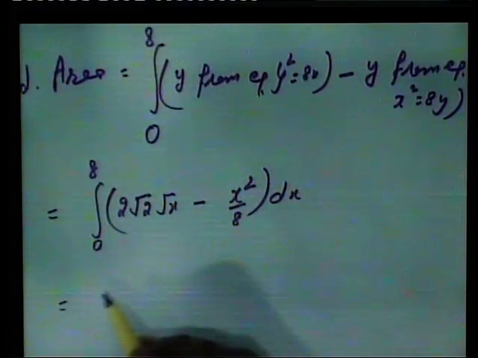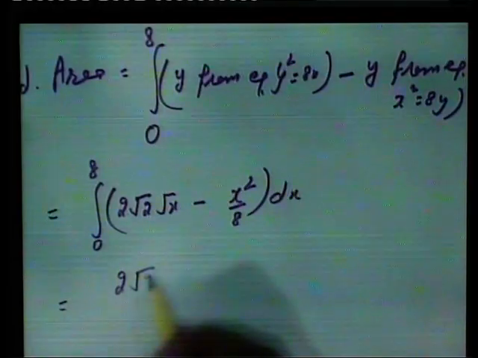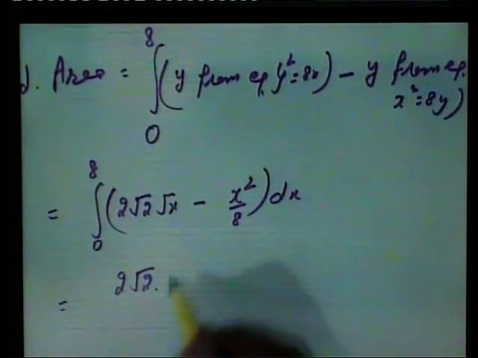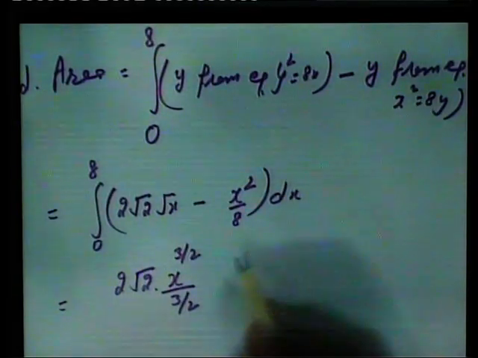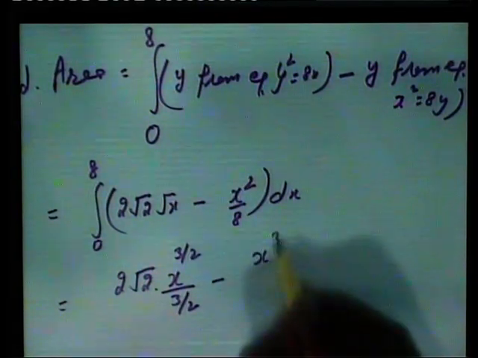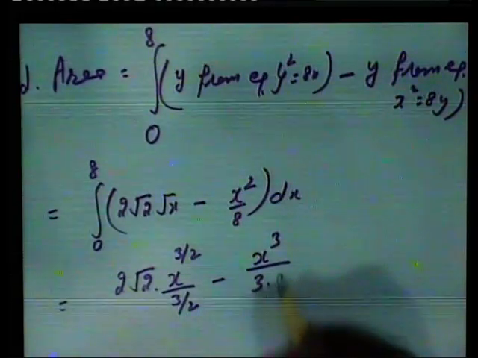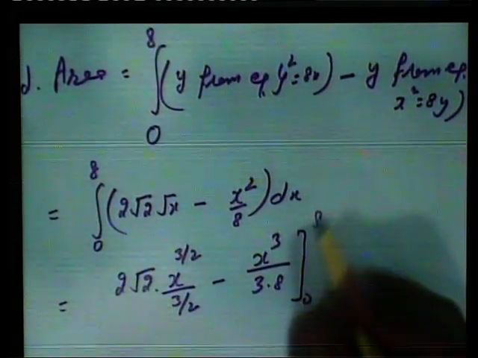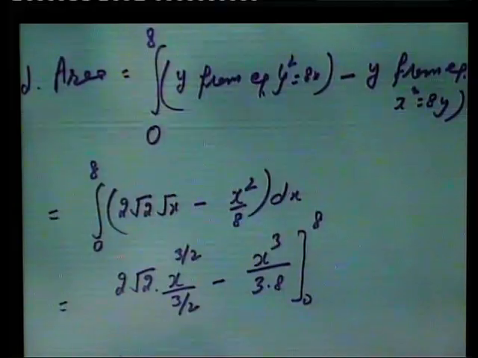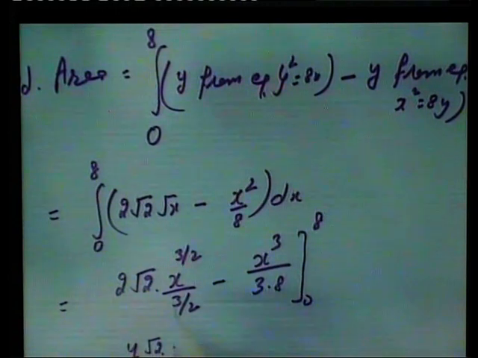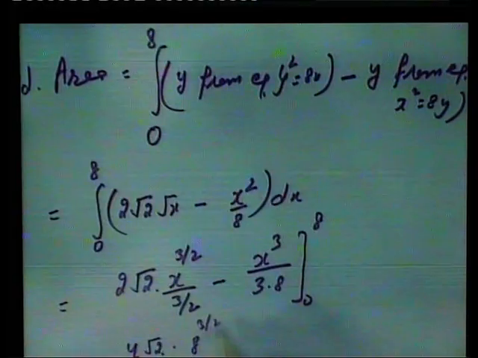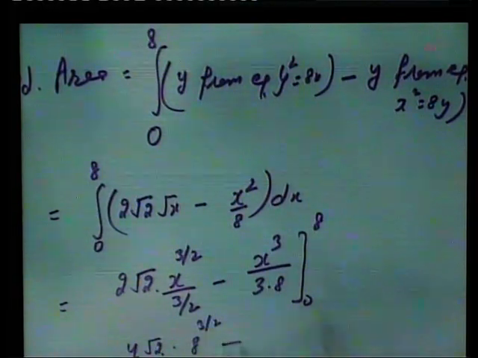It is equal to 2 under root 2 under root x. Integral of x raised to power 3 by 2 upon 3 by 2 minus x cube by 3 into 8. Limits are from 0 to 8. That is equal to 4 upon 3 under root 2 into x, first we will put 8 in place of x: 8 raised to power 3 by 2 minus